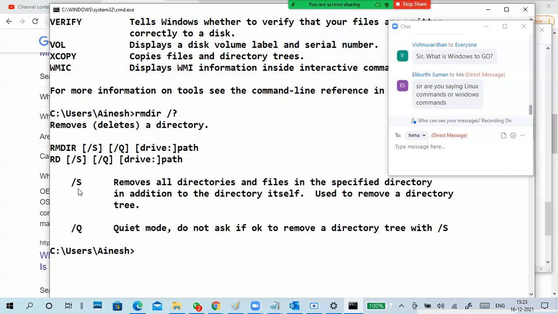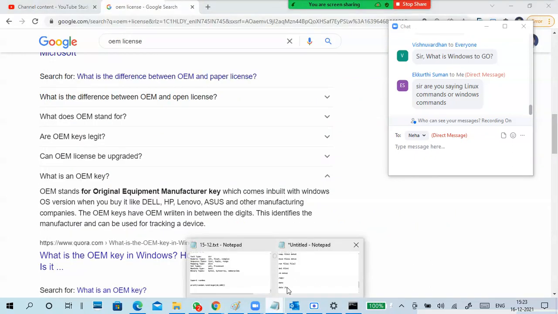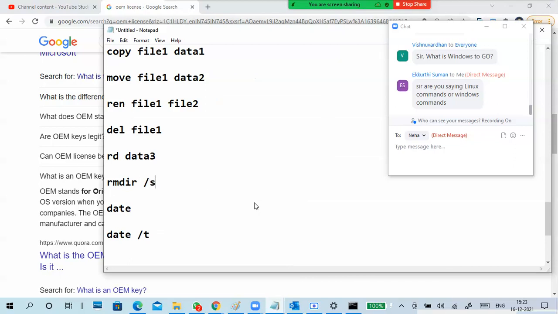Slash s or slash q, meaning: if the directory contains some data, it won't delete it, so you have to delete the complete directory with subdirectories and files inside. You can use rmdir or rd. If the directory is empty, you can delete it. If it is not empty, you cannot delete, so you have to use this one.